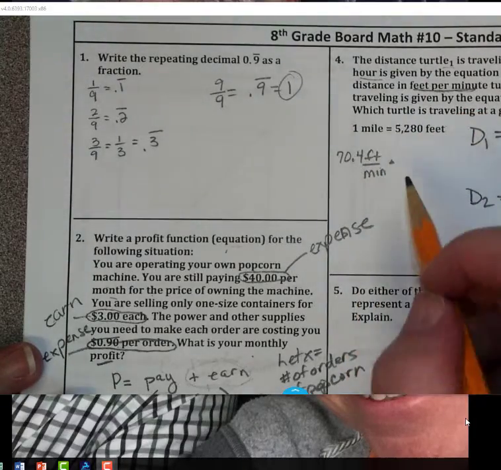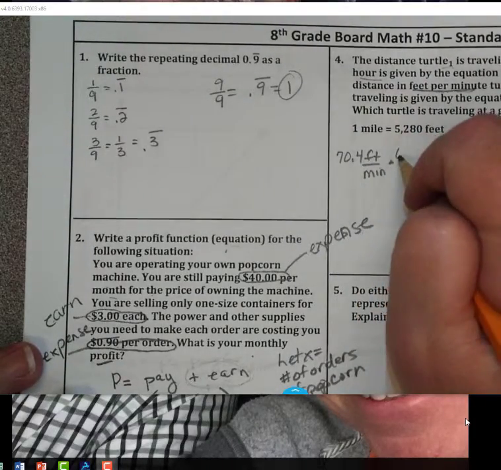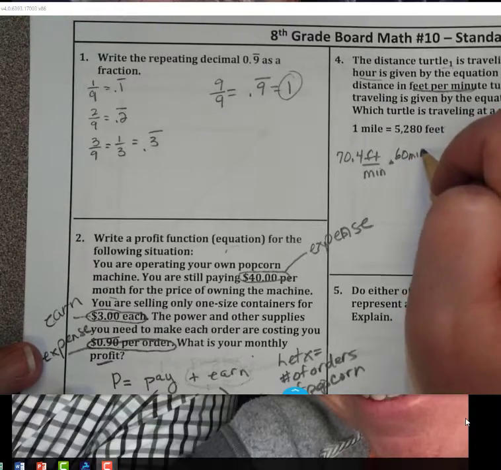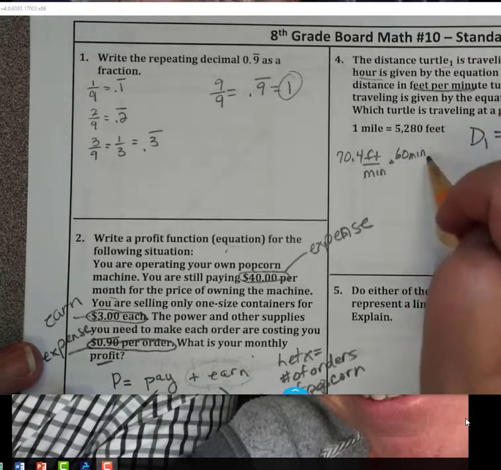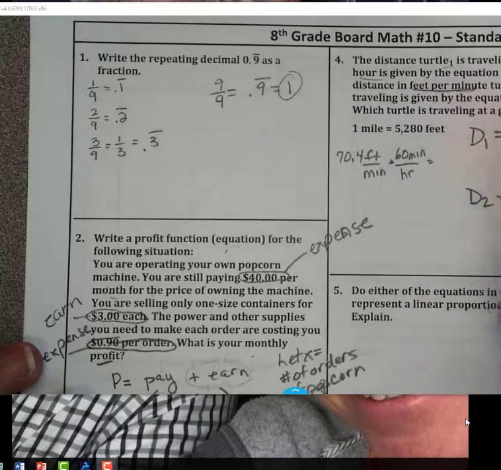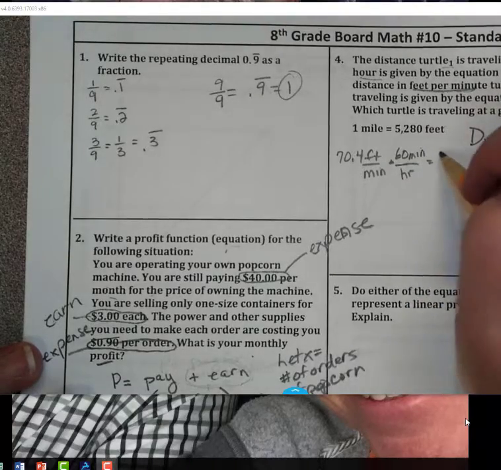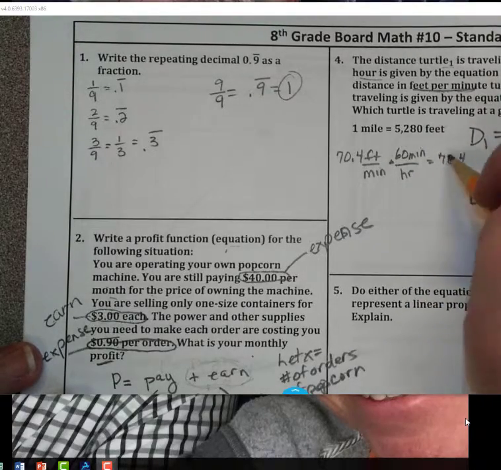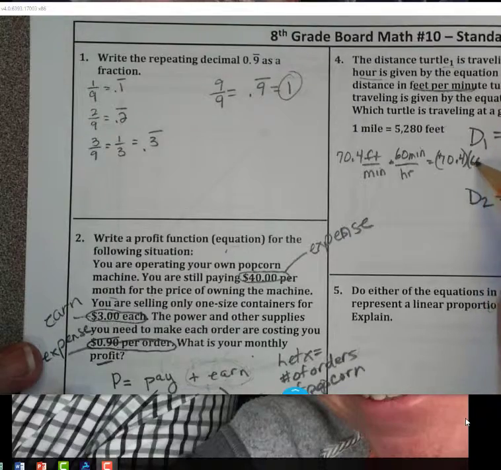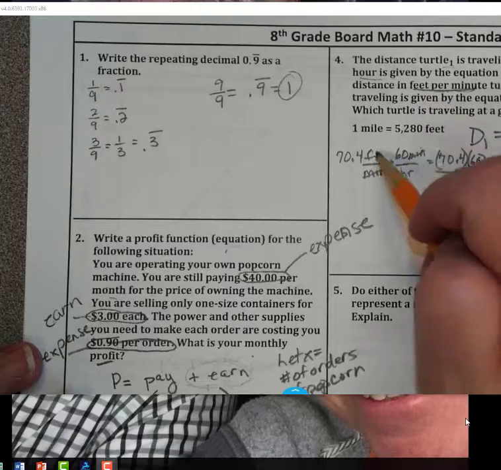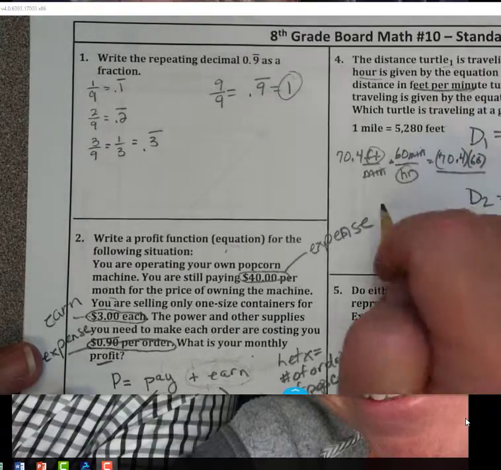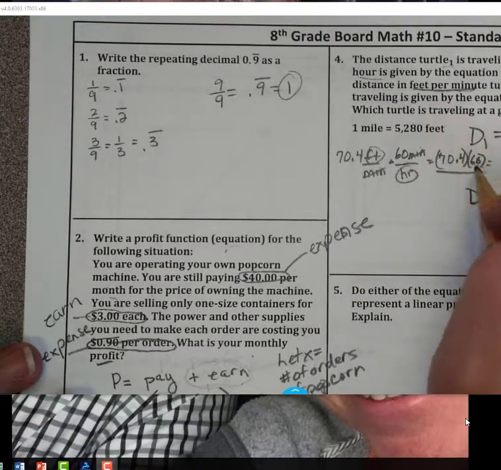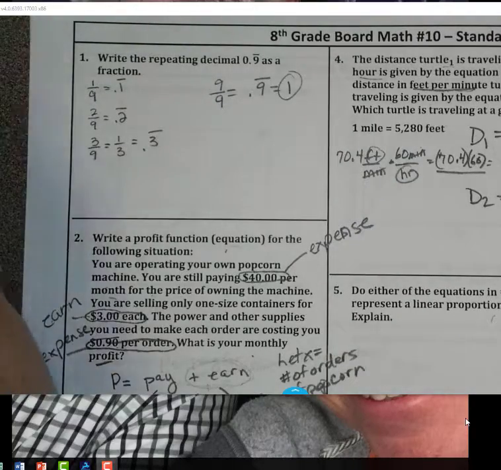And I'm going to multiply that by 60 minutes to turn 60 minutes for 1 hour. That's going to turn this into feet per hour. So I'm going to have 70.4 times 60, and the units of that will then be feet per hour. And that equals 70.4 times 60